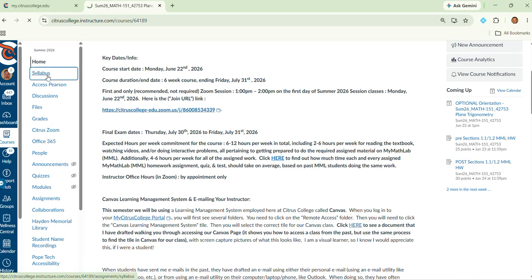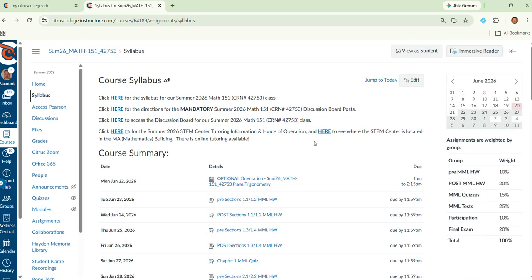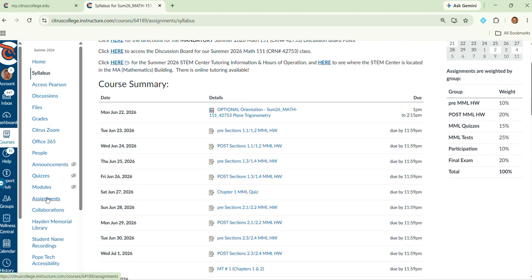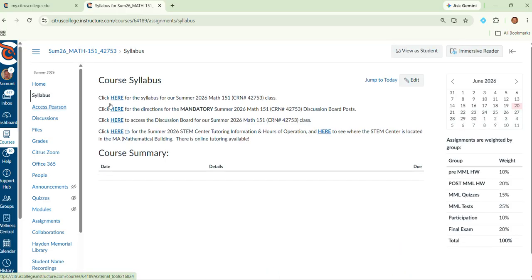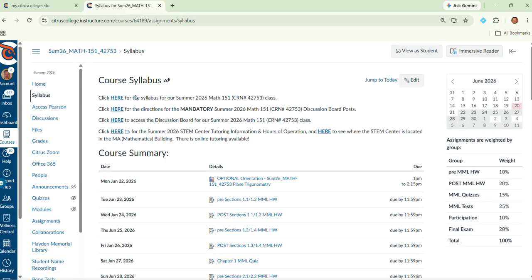If you click the syllabus button, that is how you're going to find all your assignments. I know in most Canvas classes you'll either click modules or assignments. Do not do that. You will click the syllabus button, even though that sounds a bit non-intuitive. So you click the syllabus button, and there are these links here for the actual syllabus and directions for the